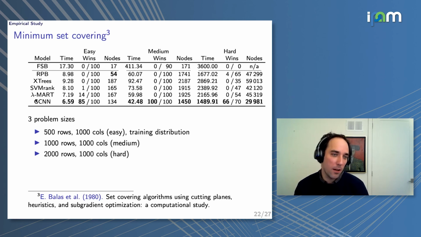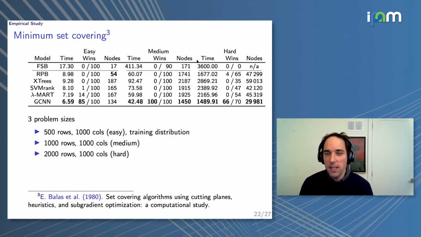First, we're comparing GCNNs to full strong branching and reliability pseudo-cost branching, which I talked about earlier, on a set of easy instances of the minimum set covering problem. These had 500 rows and 1,000 columns, and these were actually the type of problem, or distribution of problems, we trained with. Some of the results here are that, at least in terms of time, we tend to be a little bit faster than reliability pseudo-cost. And of course, we're much faster than full strong branching, but this is to be expected. The trees we get, though, are definitely much bigger than the ones from full strong branching. There may be good reasons for that.